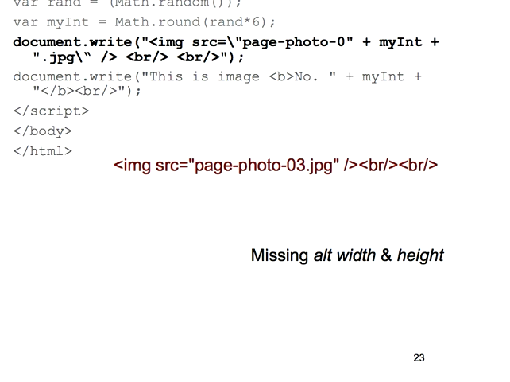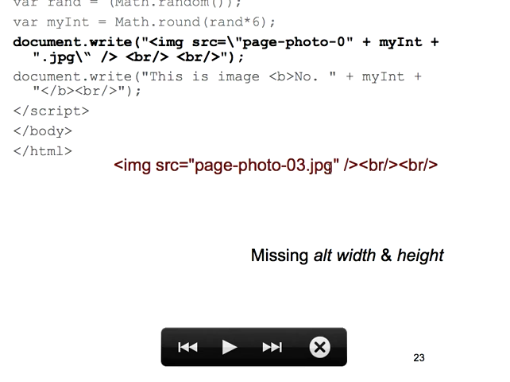And so we'd get something like img src equals page photo 03.jpg. Yes, sir? After that, would you put the width and the height and the alt, or would you put it after the JPG? Yeah, well, actually, it can go in anywhere after the image part. Any of the attributes can come along, but typically we do source, and then we do